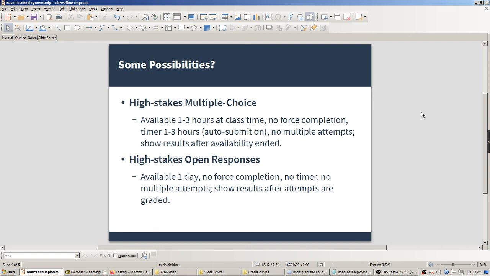Could be crazy. And I would set showing results to after the attempts are graded, granted that the instructor is going to have to do some manual work to actually grade it. The grades won't be available right after the availability or the due date, so I would set that to after the attempts are graded. Or, you could lock it up totally and not show them why they got their grade,